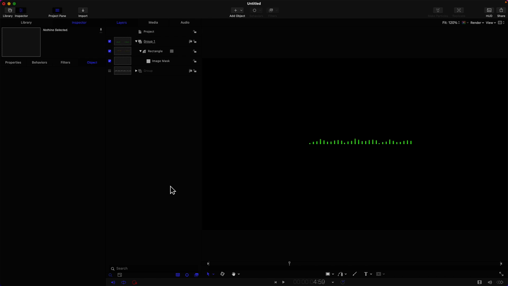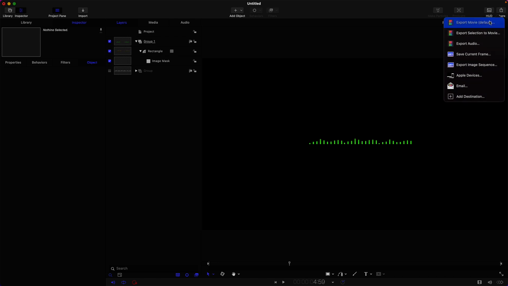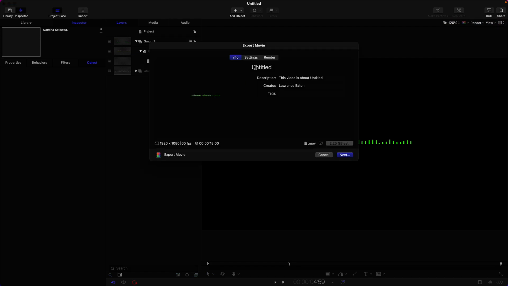We're in a position now to export this and take it to Camtasia. To export out of Motion is really easy. Top right-hand corner, share. We're going to share an export movie default. We're going to call this audio waveform